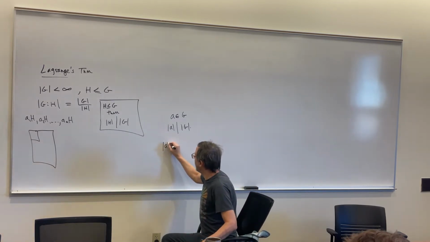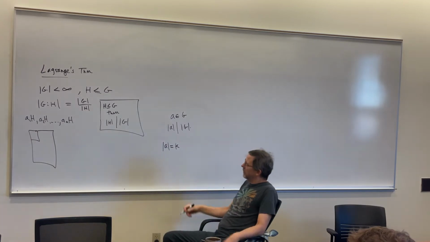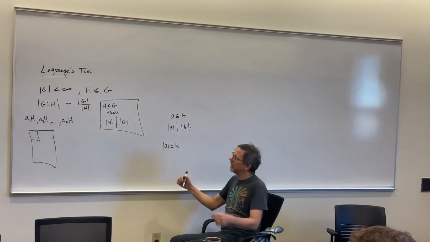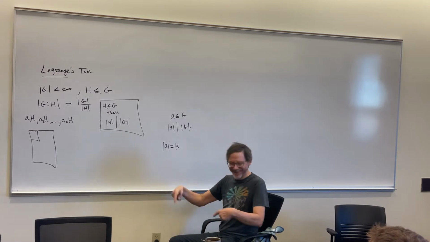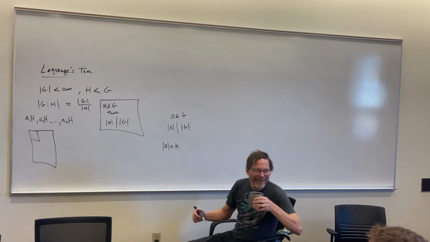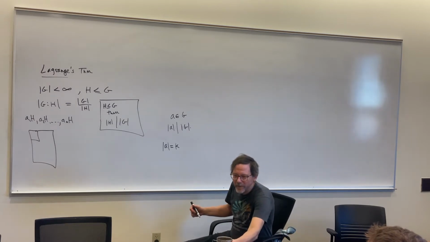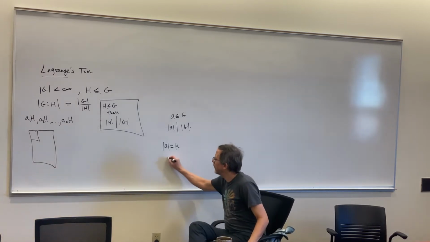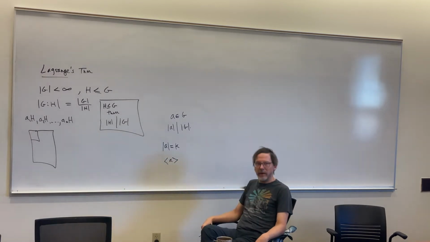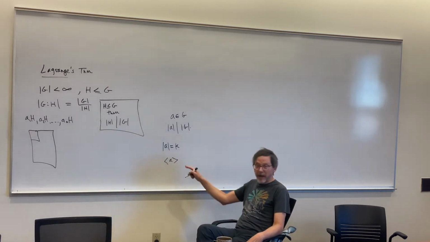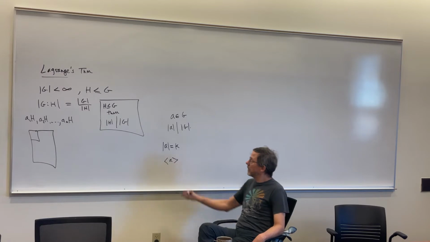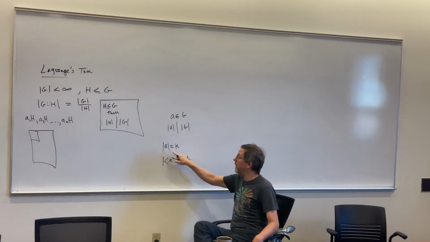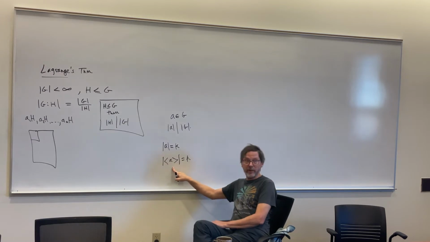So if I said the order of A is equal to K, what's another way to think about A in terms of group structures and how it lives inside of G? What's this? The cyclic subgroup generated by A, right? What is its order? It's K. Exactly. So if I take an element of finite order, it generates a cyclic subgroup of that same order,